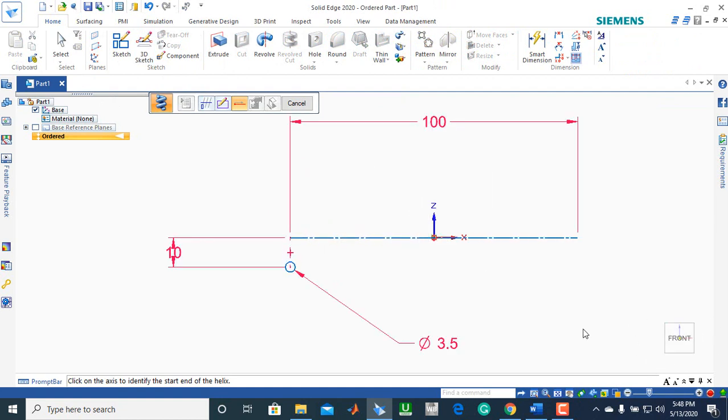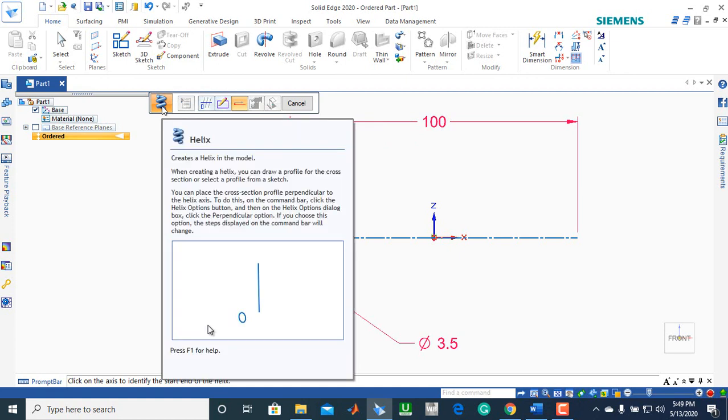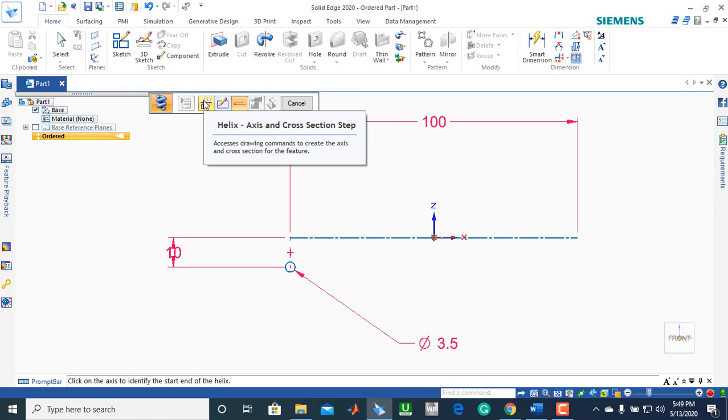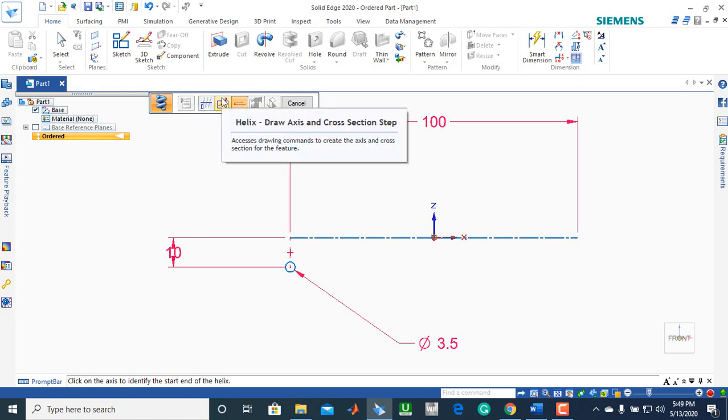The next thing you will have to do is see what we have. Here we have the helix option, we have the axis and cross-section step, we have the helix draw axis and cross-section step, we have the helix start and end.